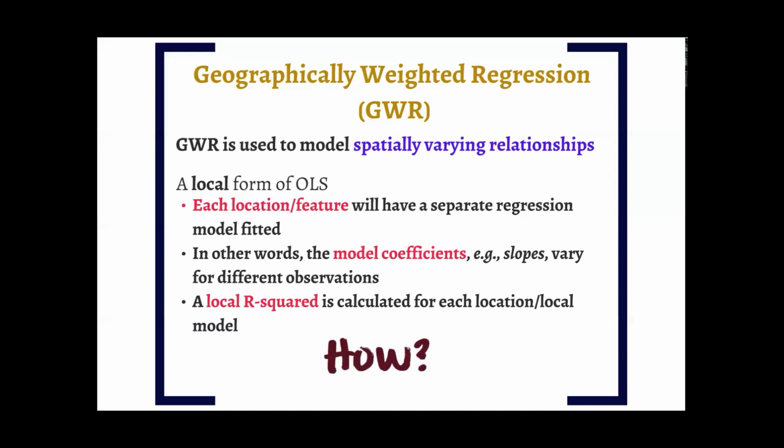So the question is how? So we know, based on the results, you would see a different model fitted for each location, for each state. So apparently we cannot use all the 50 states to fit the model for each location, because in that case you will get the same model for each location. So how do we get a different model for each state? And to do that,